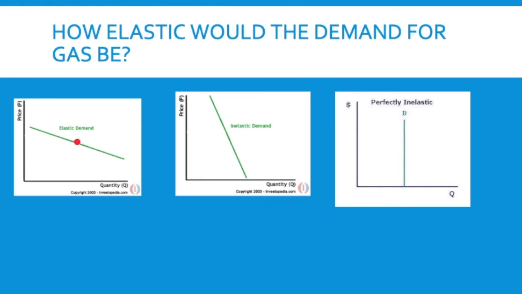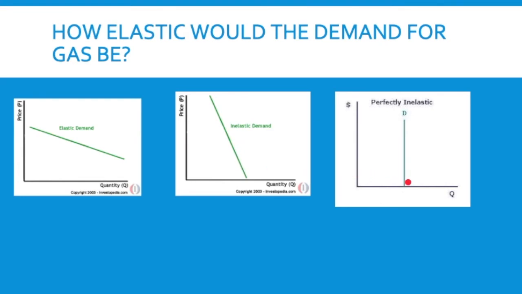The quantity demanded has changed greatly. We've had this huge change in demand for a very small change in price. This is an inelastic demand curve. So think about this as the price of a good up here, and this is how many people purchased it. And it's only changed a little bit all the way when you go down to the lowest price. It's changed much less than on this elastic demand curve. So that steep line would make an inelastic demand curve.